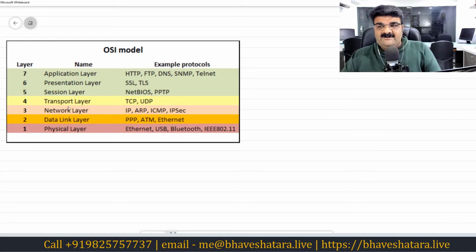When we are talking about the application layer, we have different protocols. We have the web server, which we create to transfer HTTP traffic. We have an FTP server, which is used to download files. We have DNS, which is used to resolve names to IPs. We have SNMP, which is used for network management. We have telnet, which is used for terminal access, if you want to remotely manage anything, like RDP. So basically we have all these protocols working at the application layer.